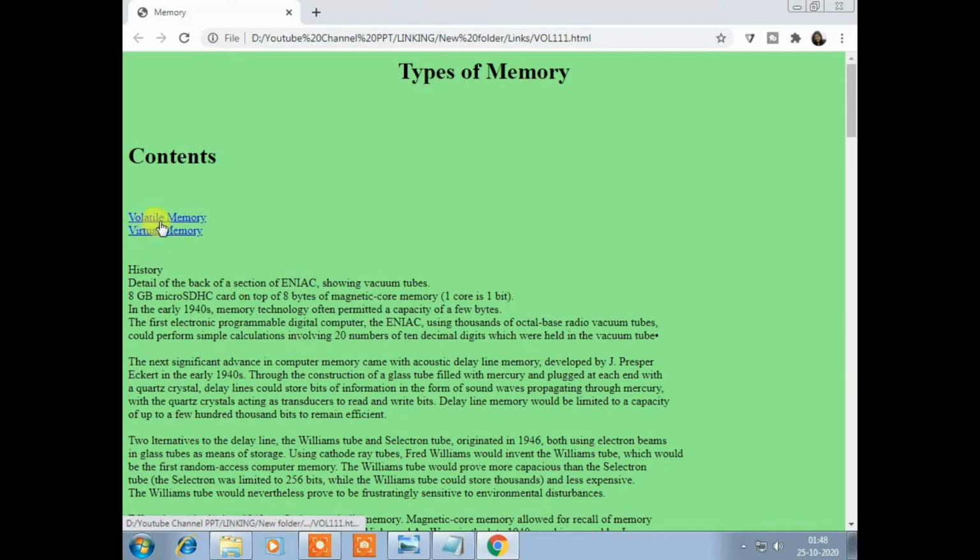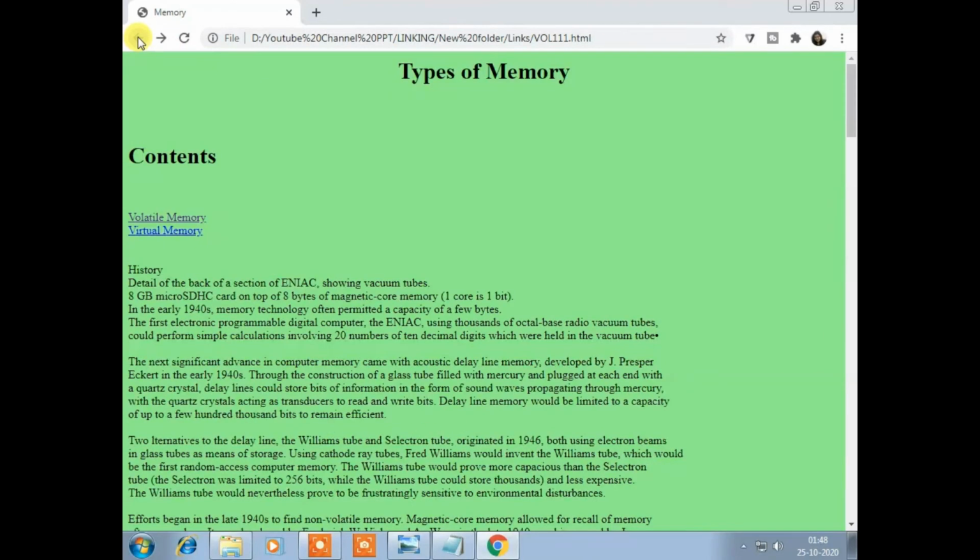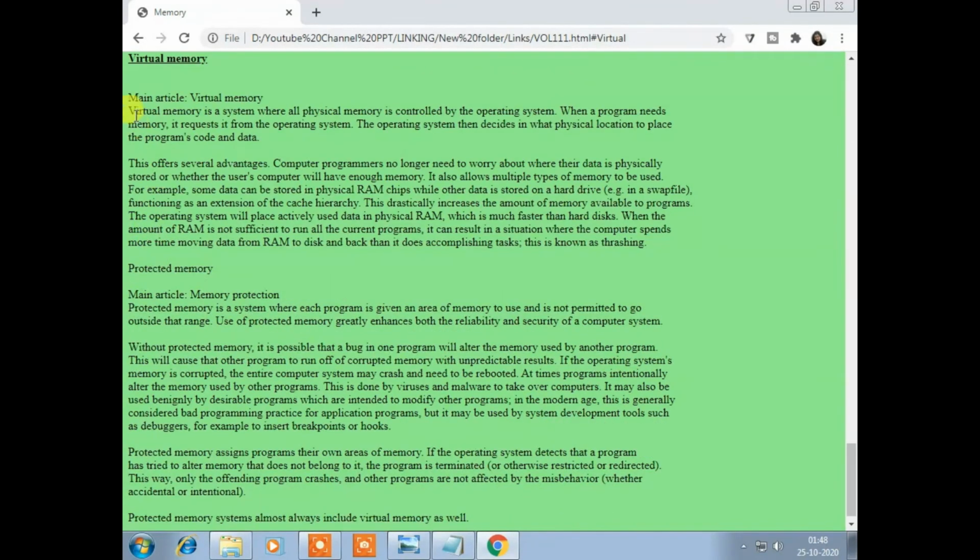They are the linked volatile memory, virtual memory. If you click on volatile memory, you will jump to volatile memory. This is volatile memory. Now you can see the information of volatile memory here. Now go back. If you click on virtual memory, this is the information of virtual memory.